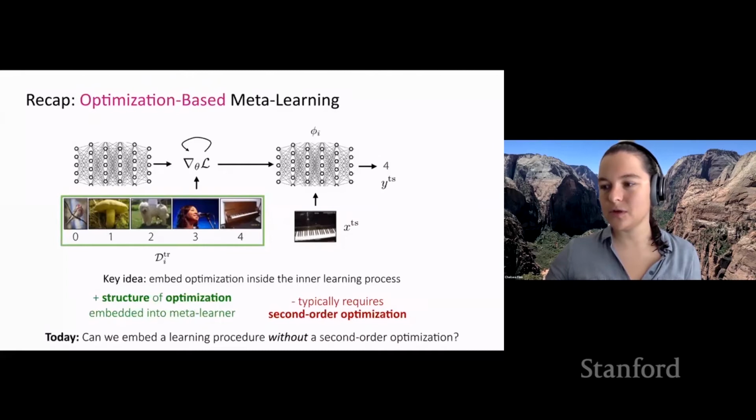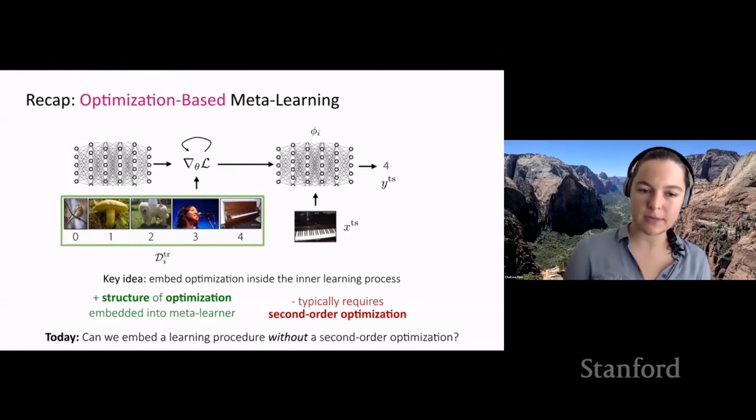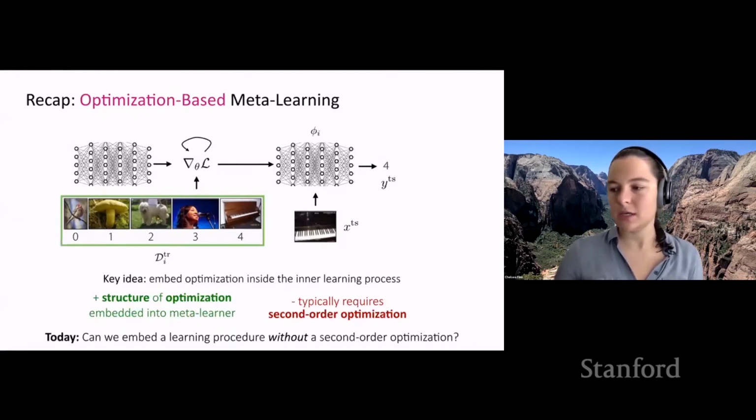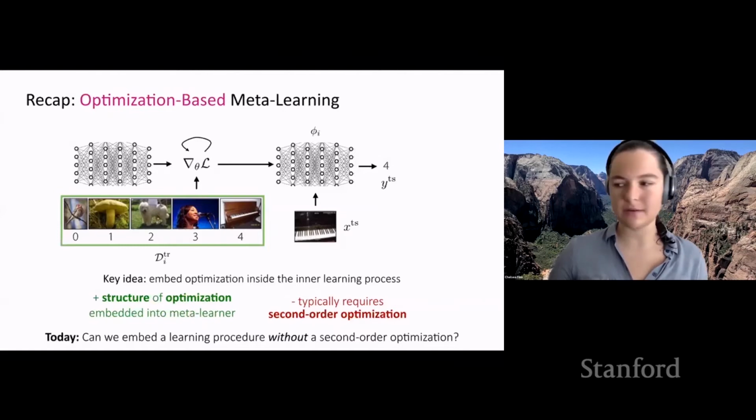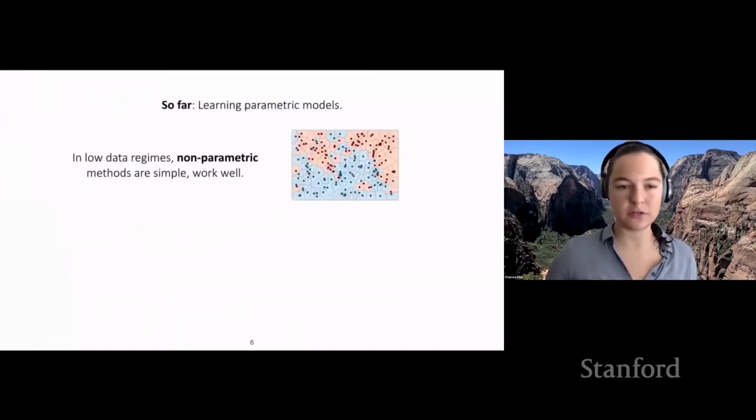The downside is that it typically requires a second order optimization, which may be computationally expensive. Okay, so these are the two meta-learning algorithms that we've talked about so far. And what we're going to talk about today is whether we can embed a learning procedure into the meta-learner without requiring a second order optimization. In particular, so far we've been thinking about learning parametric models and parametric approaches to learning. But when you're in a low data regime, non-parametric methods are simple and they actually work quite well. For example, nearest neighbors is an example of a non-parametric